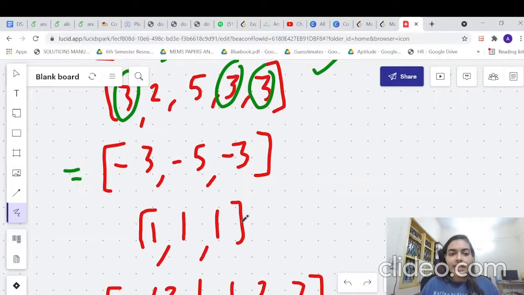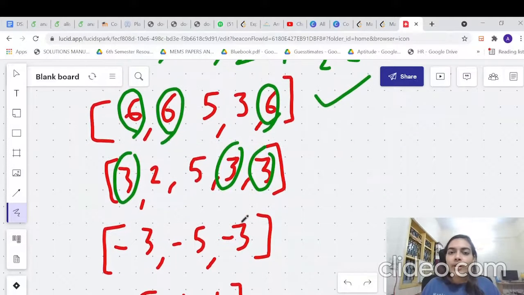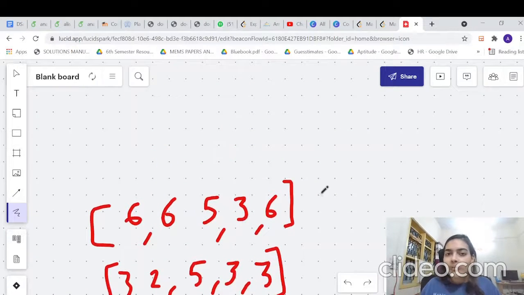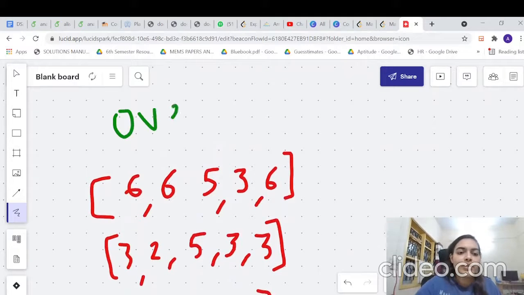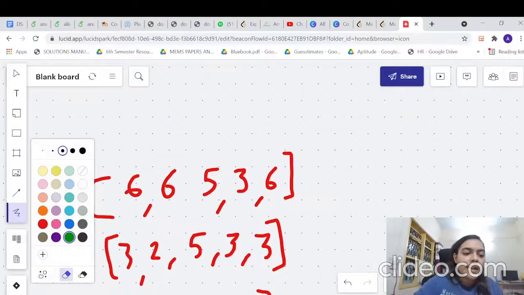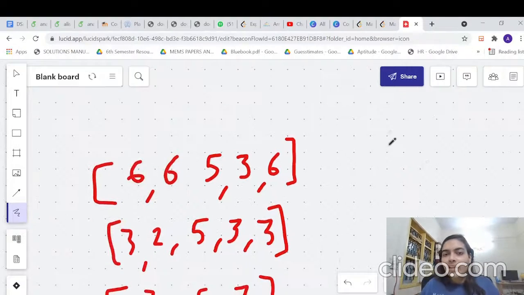So in this question, basically we have to just find the element that is able to overpower other elements, right? That is the simple logic. Because as we saw, two elements, even if they are competing, only one will win. So you have to remember this. Okay, overpower. Now let us think in that way, which element is overpowering, that will win.